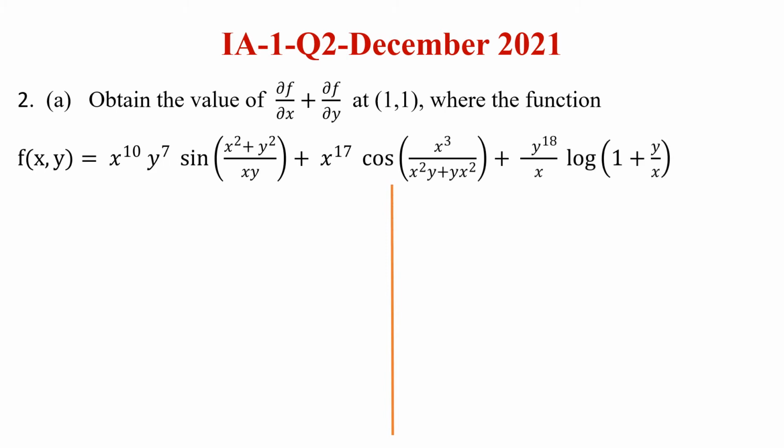So let's see the first example here. In the first part, f of (x, y) is given. So what can we analyze in the given function? The total degree is 10 plus 7, so the degree is 17 here. So this is a homogeneous function. Again, it is degree 17, and this term is also homogeneous, with total degree 17. So what can we see in the solution?